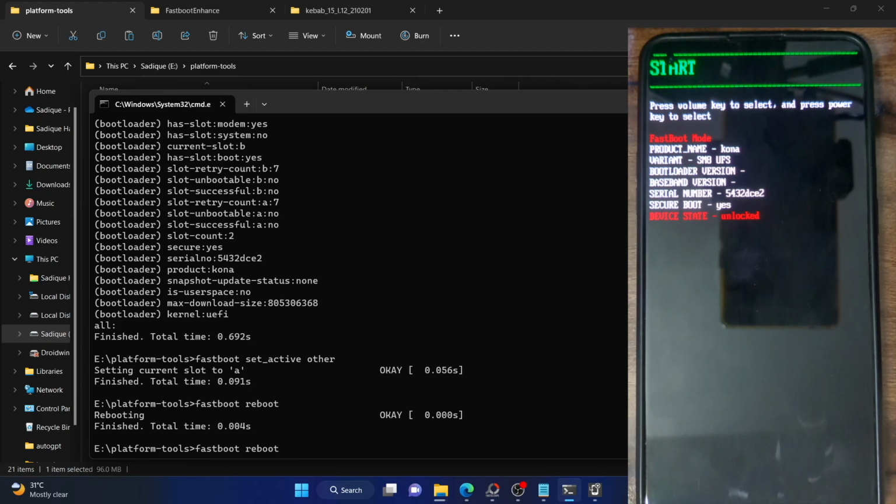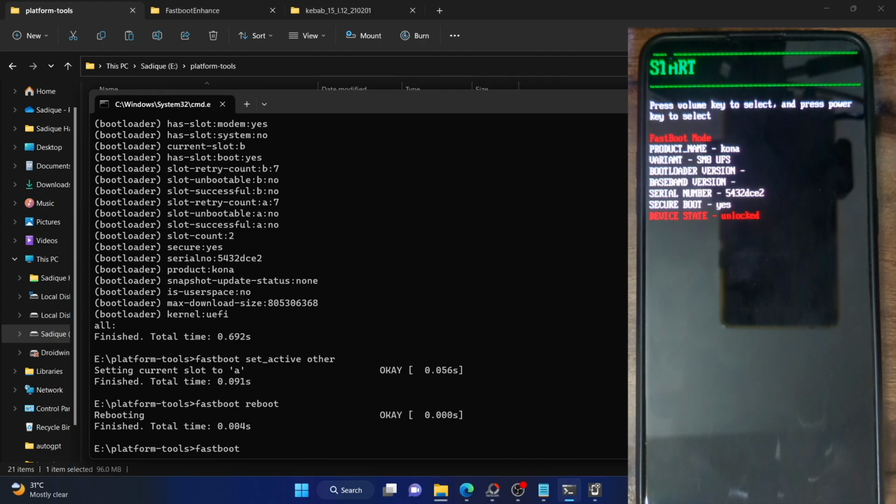So let's now move over to the third fix. From the third fix onwards, it will wipe off all the data on your phone. So first off, let me talk about the third fix. Let's first start off by doing a format data. In format data, it will wipe off each and every file in the internal storage, whether it's a media file, the documents, or the data, apps, games. It will wipe off all the files.